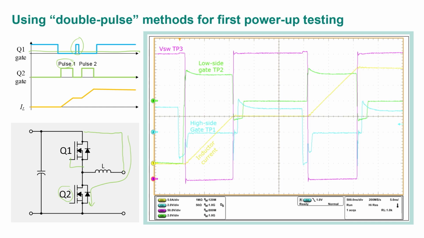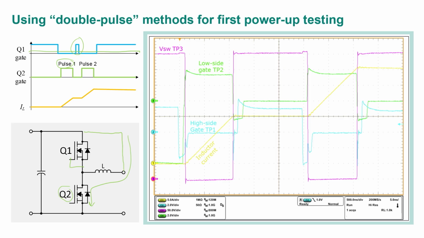In any case, each pulse of Q2 will ramp up current to some value, and then it holds. It's very slightly dropping off like this, but during a relatively short hold period, I can then let the system settle out and give it another pulse for the next measurement. This is how the intent is. It doesn't have to be just 2 pulses. You can set it up for incrementing up from 1 amp up to 10 or 20 or 50 or whatever you need. And this is what you should expect to see on the right-hand side here.